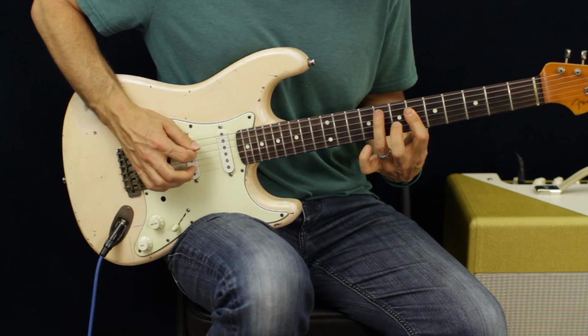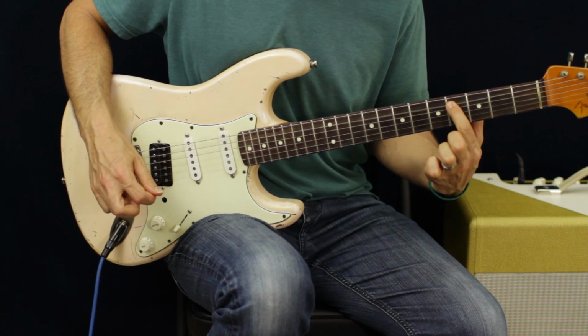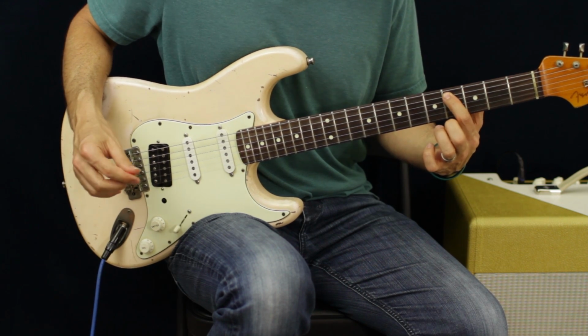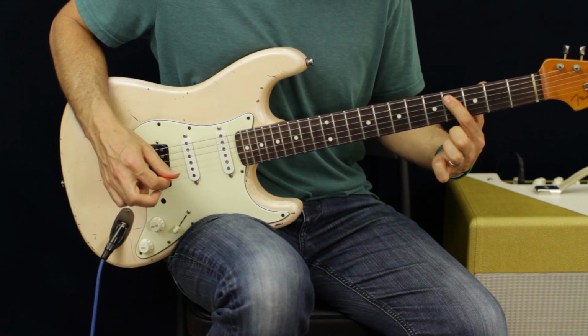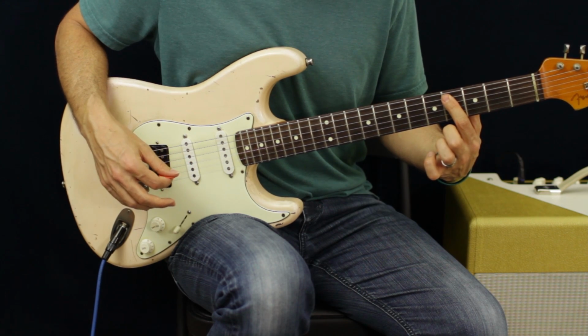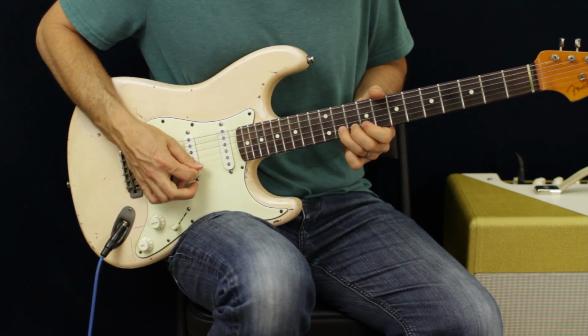And now I'm going to take the 8th fret, slide down, and then I'm going to go back to the root of C sharp, right? And I'm going to highlight it again right there with the 5th position of major pentatonic. So we got